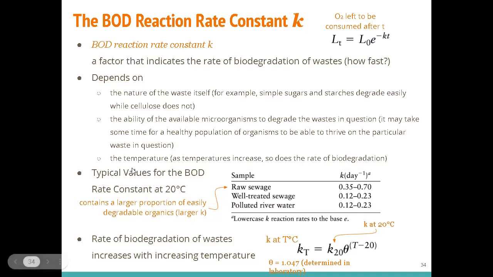Okay, so also it depends on temperature, of course, right? If you have higher temperature, then the reaction rate constant should be higher. So now we have the adjustment of the reaction rate constant. So what you are given in the question, most of the times the K only applies for 20 degrees Celsius. It's like the standard ambient environmental temperature. Okay, but what if you have higher temperature? You have to recalculate the reaction rate constant with this empirical equation in here.